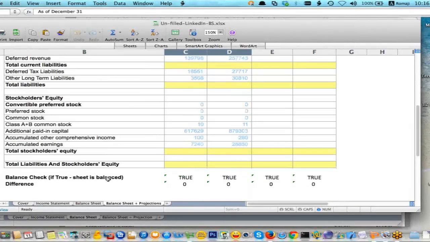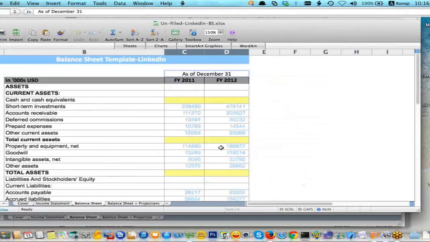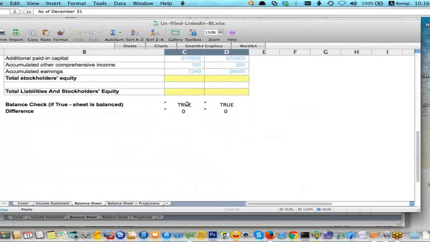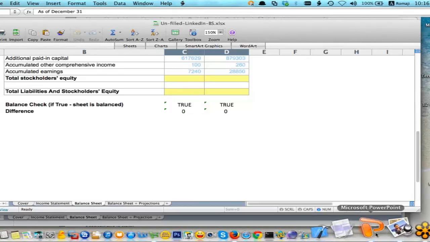But when we actually go through, sorry, we're looking at the wrong sheet. When we actually go through at the end of this, we will see that the difference will be 0 and the check is true. I add the difference here because if for some reason this comes out as false, then seeing the magnitude of the difference can usually give me a hint as to where the problem might be. So moving back to the presentation for a second,